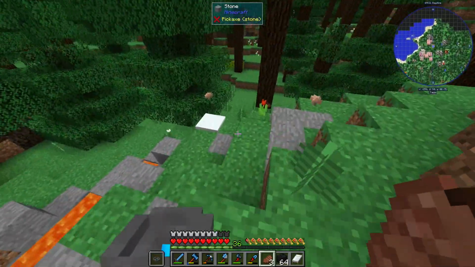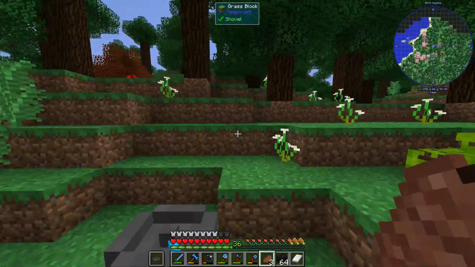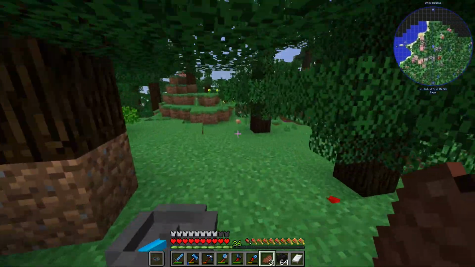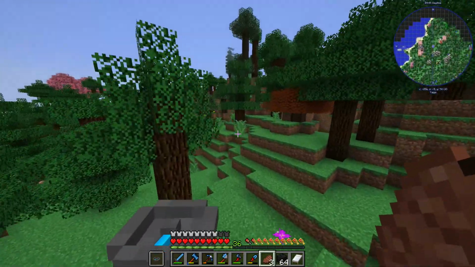There's some lava there. Don't go that way. That would be terrible. Now let's see. I can't even remember if you get a gravestone or not when you die. I know I've died a couple of times, but